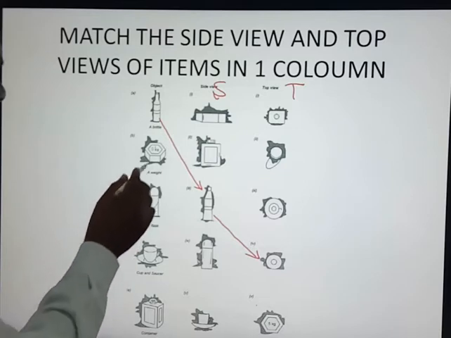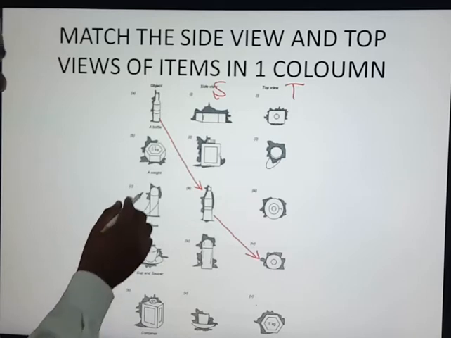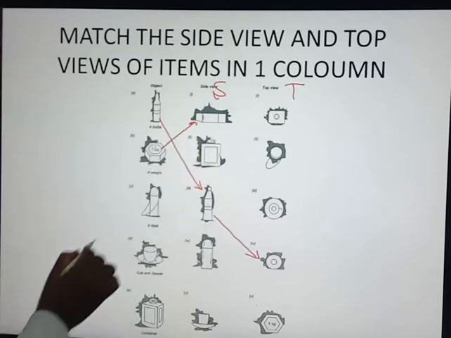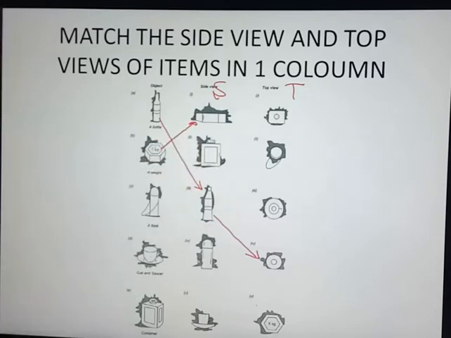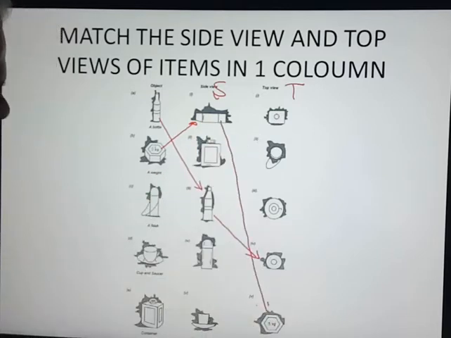look at this, there is a 5 kg weight. So now, first you have to identify the side view. Side view is this one. First one is the side view of this one. Okay. And the top view will be this one. So the last option is the top view, 5 kg weight.